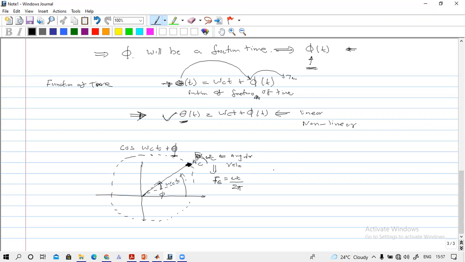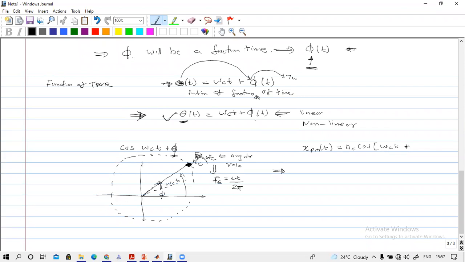So if we consider our phase modulation signal, it is like this. I will write the phase modulated signal. X phase modulated signal is equal to our carrier signal, omega_c t, plus